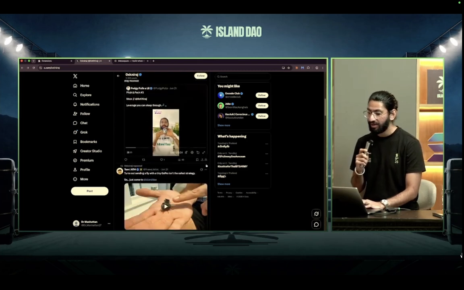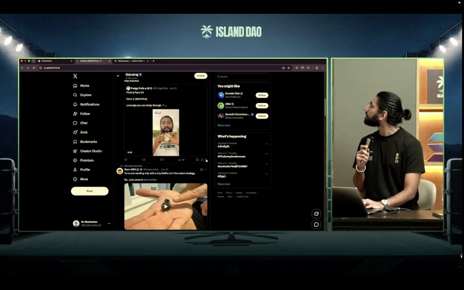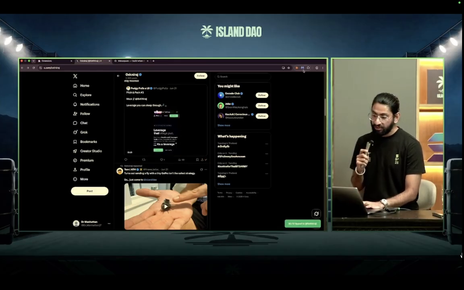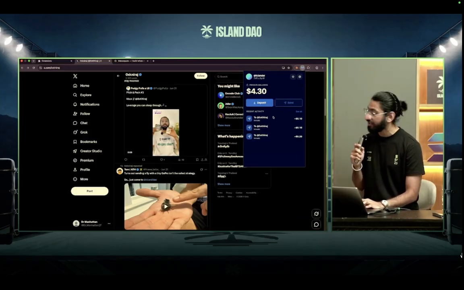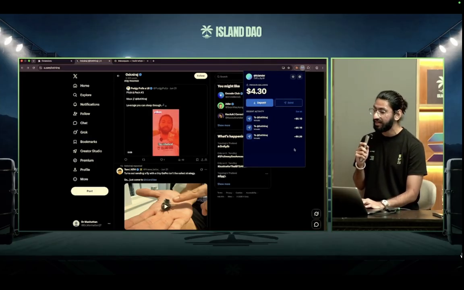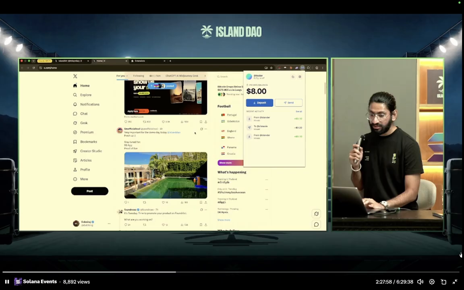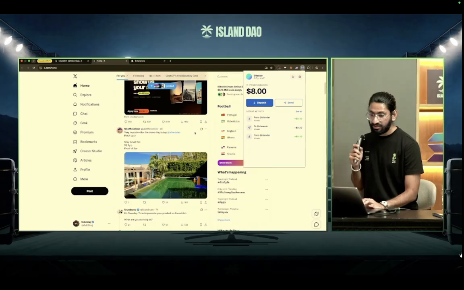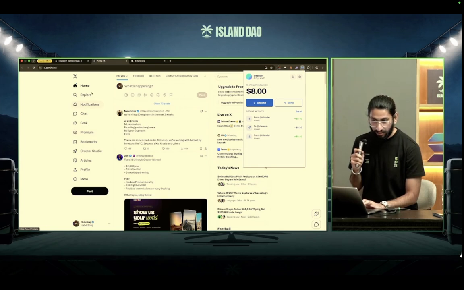So if you see, my tweets have this tip button, and if I press this, it will auto deduct without any pop-up or anything. If you see here in the recent activity, it directly goes, and all these payments are private. I can also show you in my wallet that I received this. So as you can see, it increased from 7.9 to 8.